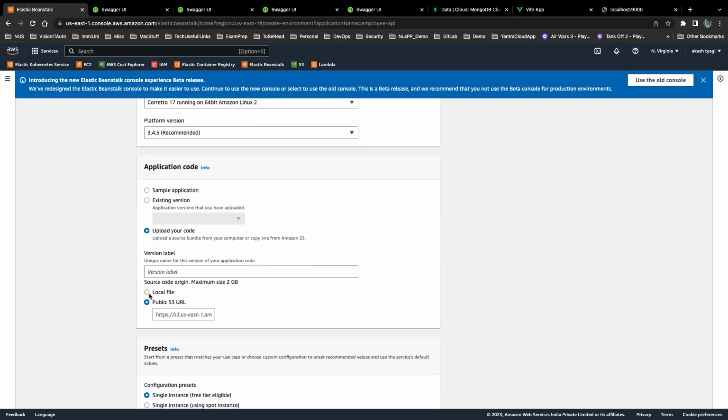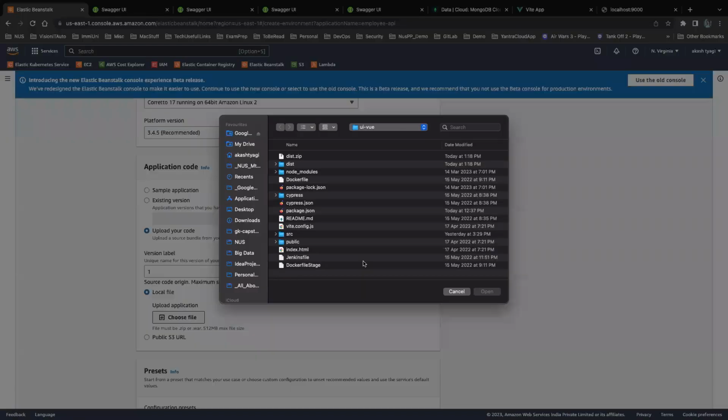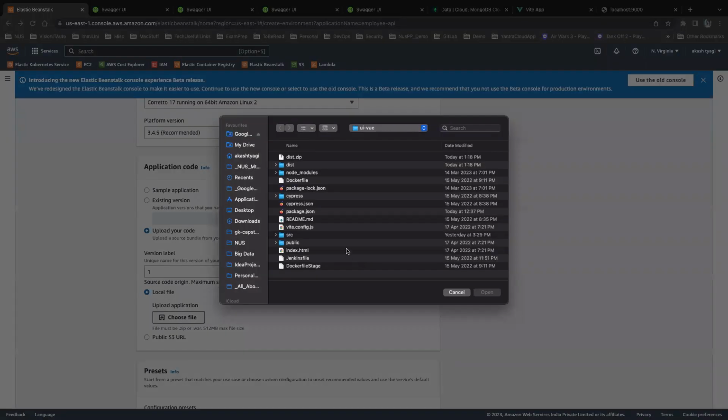What I have to do now is click on local file. I have to give a version label. Don't forget this, otherwise it will throw an error later. So I'm saying what version this upload is. I'm saying version 1, and I have an option to choose and upload a local file, right? So when I click on choose file, this is where I need to provide